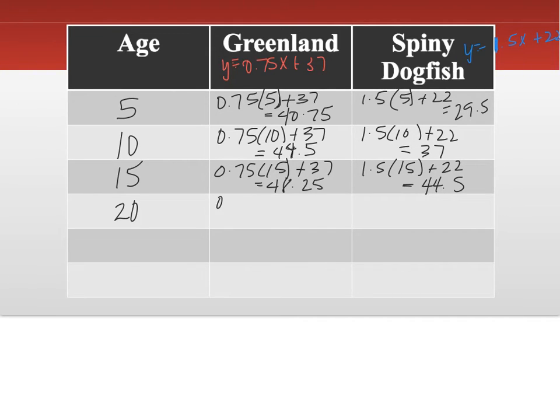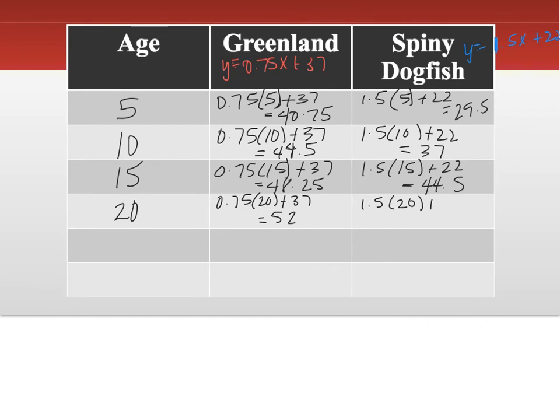So let's try it. 0.75 times 20 plus 37. 0.75 times 20 gives us 15 plus 37 is 52. And 1.5 times 20 plus 37. Well, 1.5 times 20 is 30, and plus 30